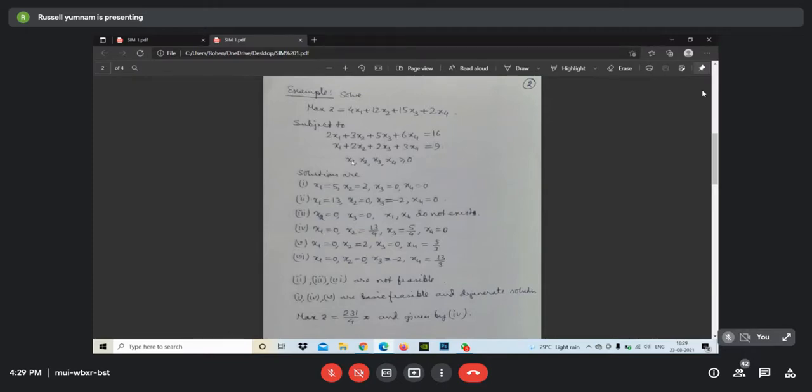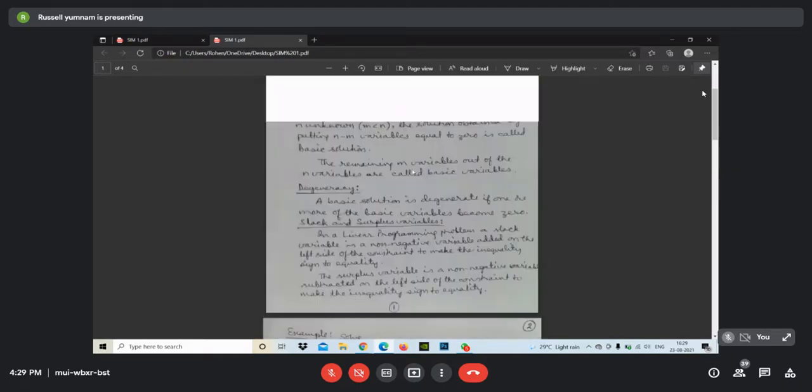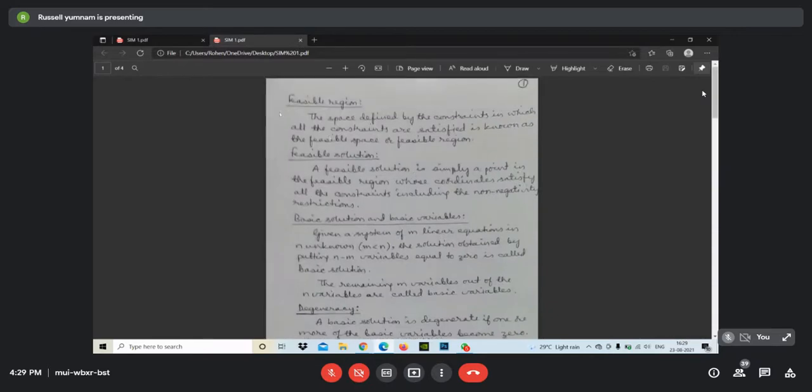This equation or inequation given is called a constraint. And some restriction is given to the variables. That means x1, x2, x3, x4 should be positive or 0. This is called a restricted variable. There may be unrestricted variables also. Restricted means they should be either 0 or positive, and unrestricted means no restriction. The variable may be any value, positive or negative, and those are called unrestricted. Okay, then let us come to this definition again.